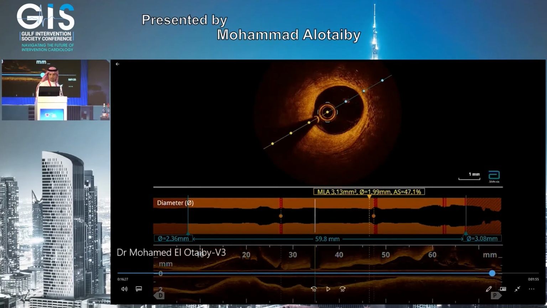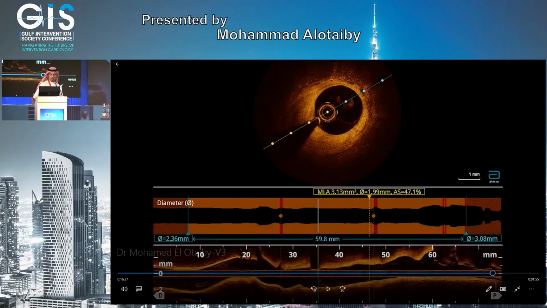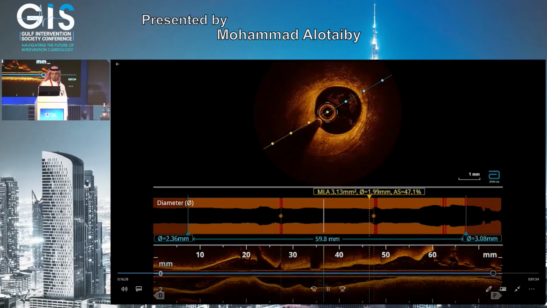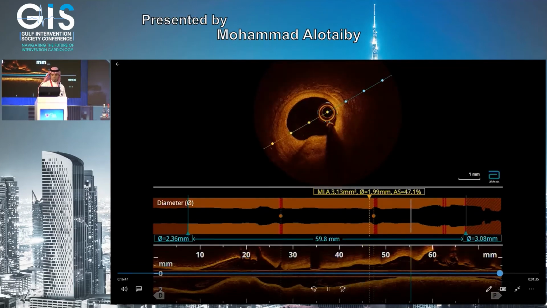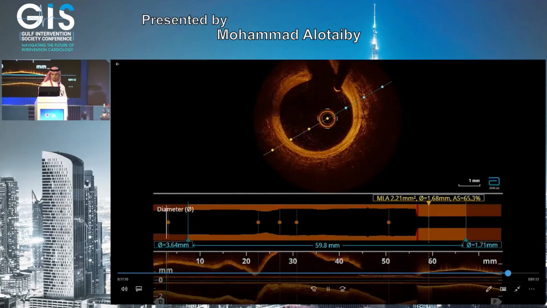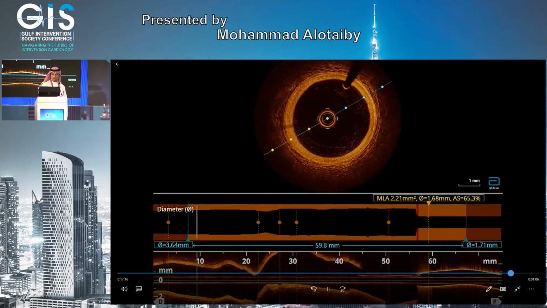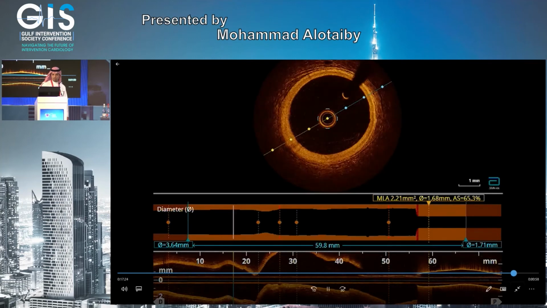Here is the area of interest in the proximal LAD, and it shows you lipid-rich atheroma with a thick cap. And the operator decided that this is enough lumen, more than 4.5, and he decided to treat this lady medically. There is another pullback to show you the same thing. Clearer pullback, clean wall,